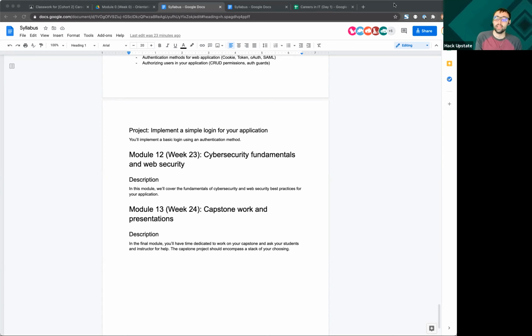So we'll be having capstone check-ins throughout the course of the entire program. It isn't something that you'll be able to save to the end and then go, oh my gosh, I've got to pull all of this together. So we'll be helping you over the course of the program. But the capstone is really meant to illustrate everything that you've learned.